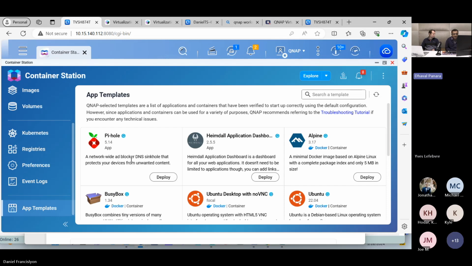So yeah, Container Station allows you to run a single application without running a host operating system, right? With virtualization, you're actually virtualizing a whole operating system, like Windows or Ubuntu or whatever operating system you select. But if you just want to run a single application within that VM,